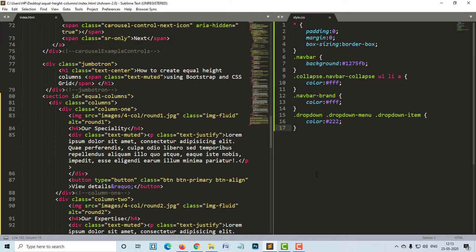So coming to the CSS, let's first give it a narration, like this is equal columns. Okay, here first let's take that ID of equal columns.